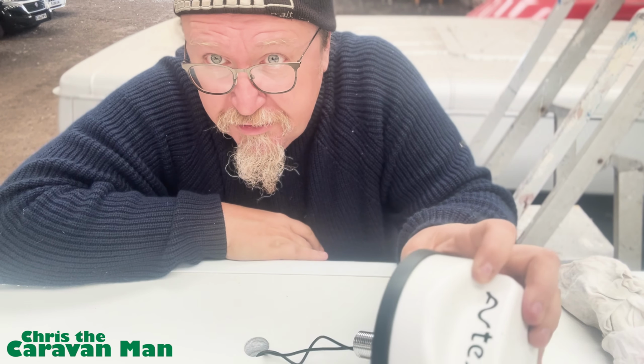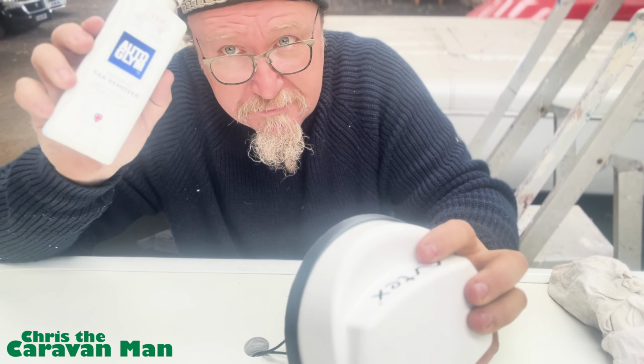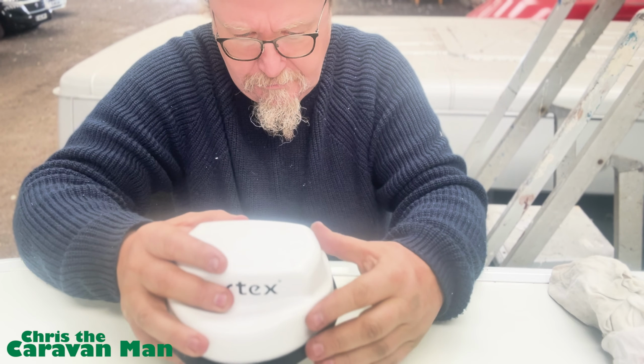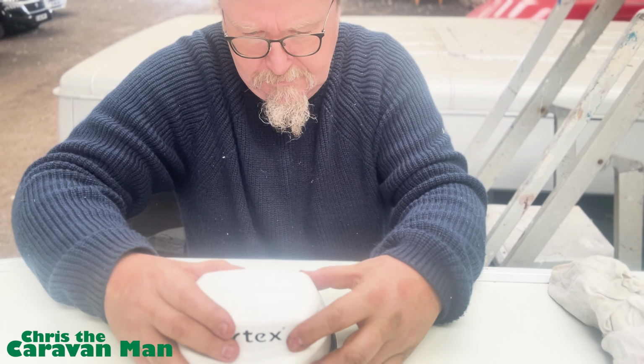Right, hole has been drilled, as you can see. Sealant is on. Taking the pad off. Redone it with my tar and glue remover, just to make sure there's no debris. Nice and lined up, and